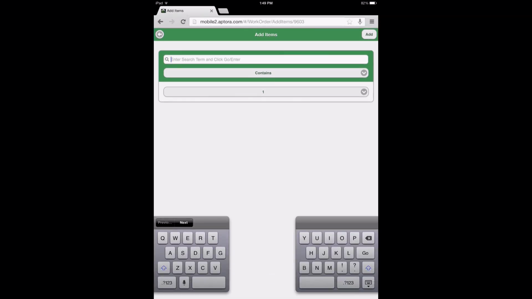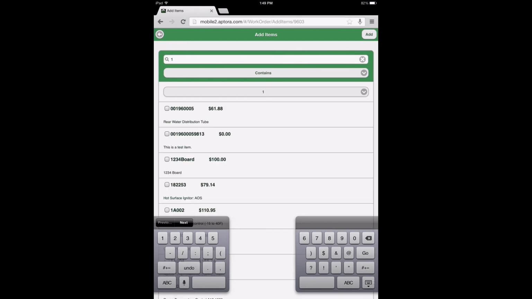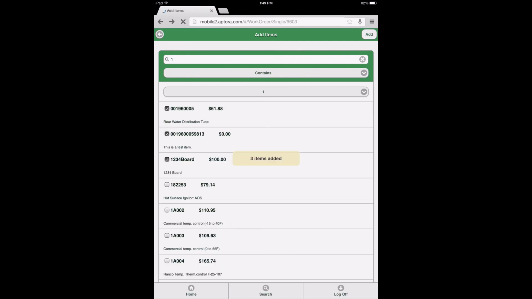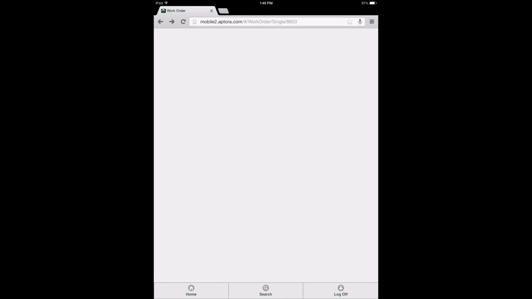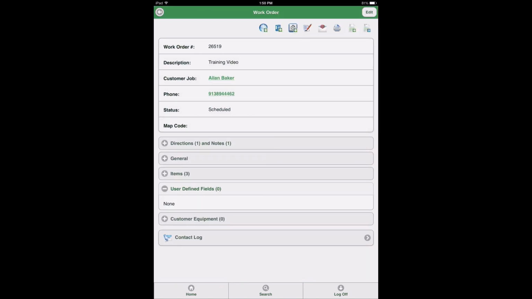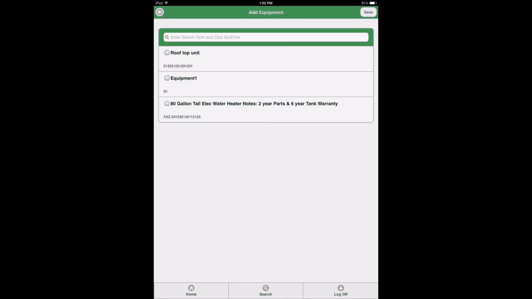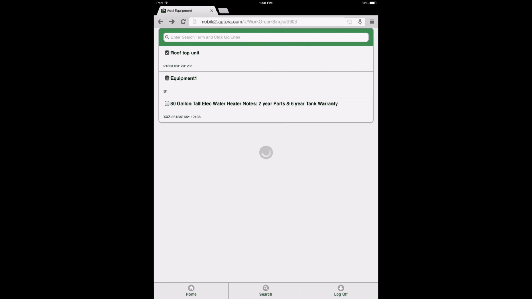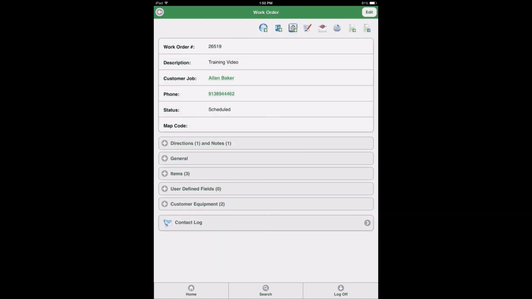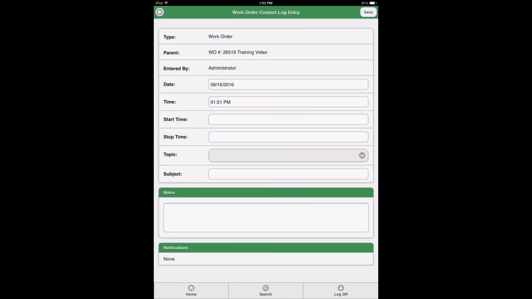Enter search criteria and click Go. Select Items, Add button, View User-Defined Fields Data View, Customer Data View, Customer Equipment Data View, select Equipment button, select Equipment, Save button, Contact Log Data View, Add button, Enter log entry, Save button,